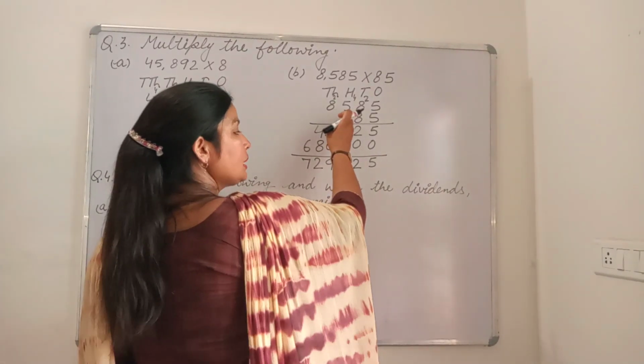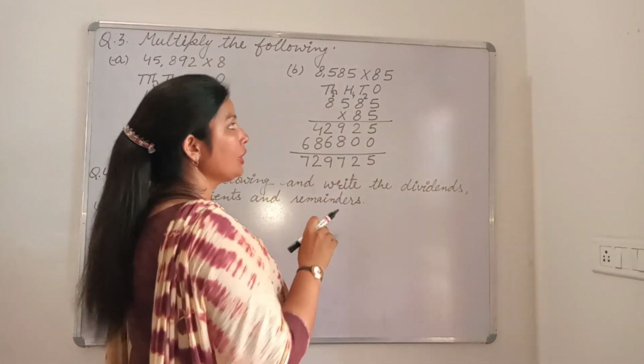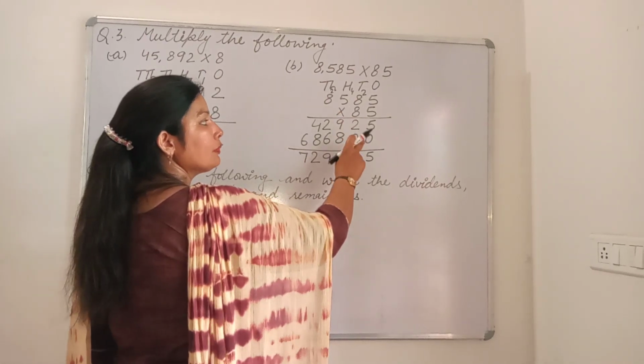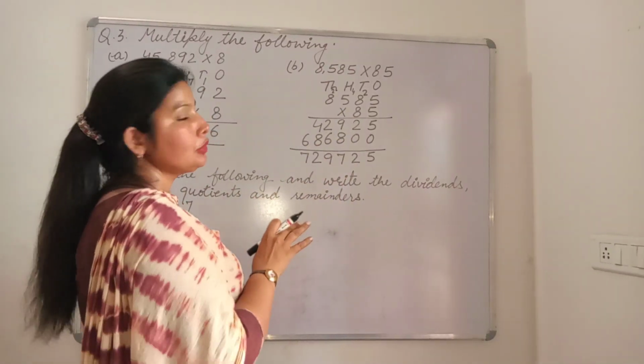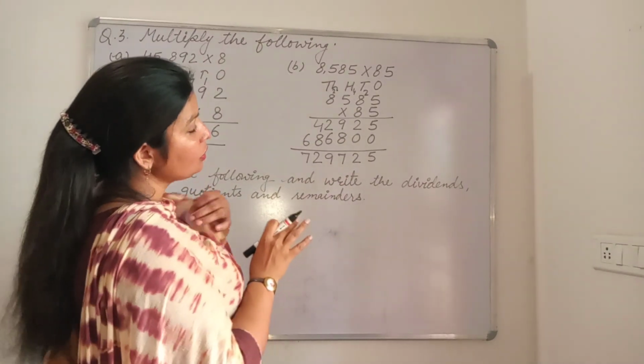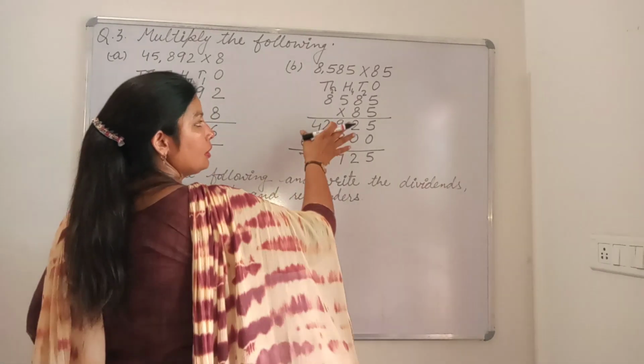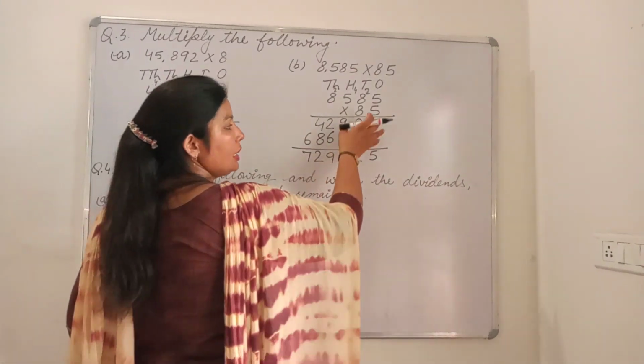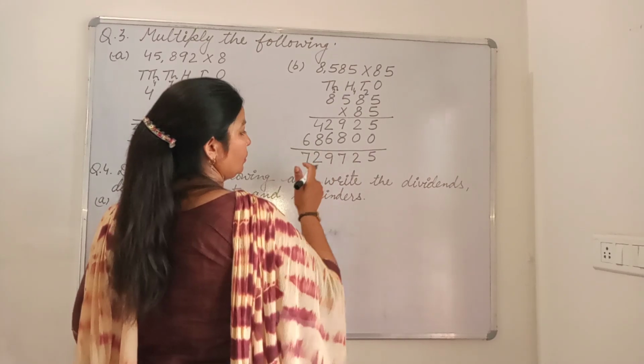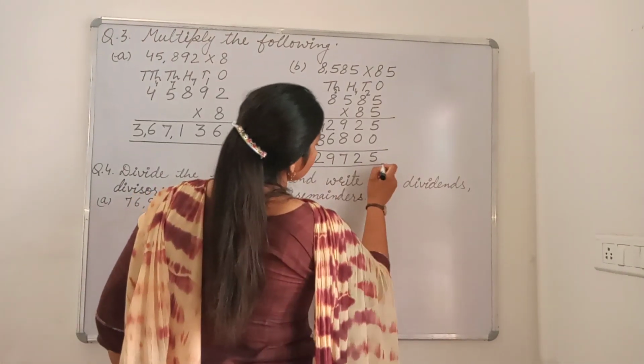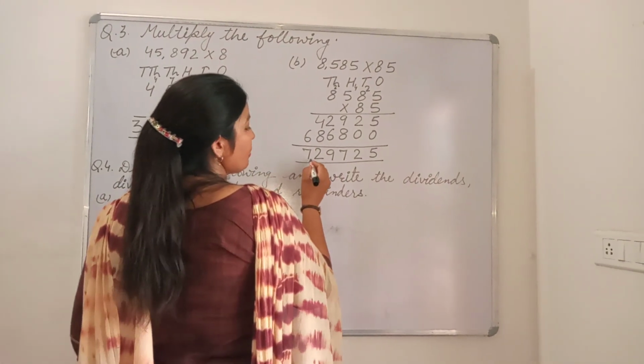If there are more digits, then again we should multiply. If we have 100 here, we should make the ones and tens columns 0, and then we should multiply by 100. But there are only 2 digits, so our multiplication is finished here, and after that we have done the addition. Okay. Now you will see what your answer is.